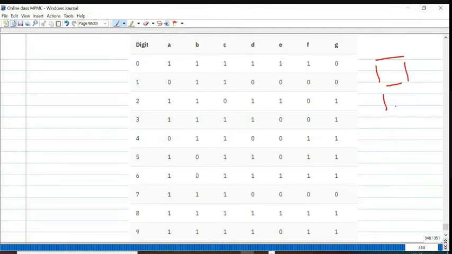So this is the arrangement of your 7-segment display: A, B, C, D, E, F, G. The 8th segment we are not using. In this example we keep the 8th binary bit as 0 for all.